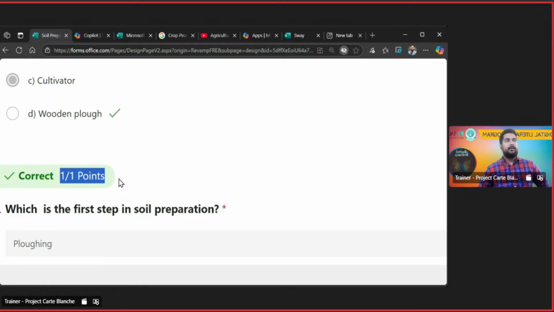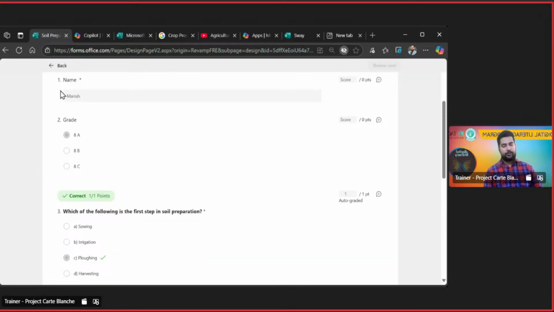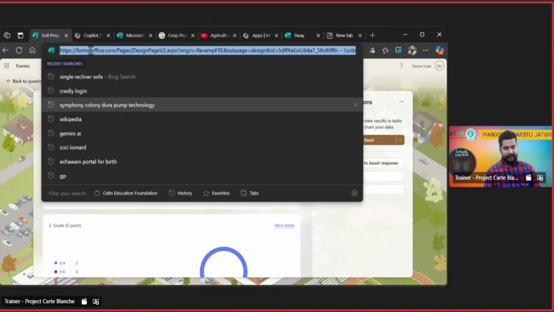But it will give you the real essence when you are not using the form as a separate app, and you are trying to use it inside a Team. Then the forms will be scheduled, forms will be given to the students, and they will be able to do a lot of activity there. For example, I'll just show you. If I open Teams,